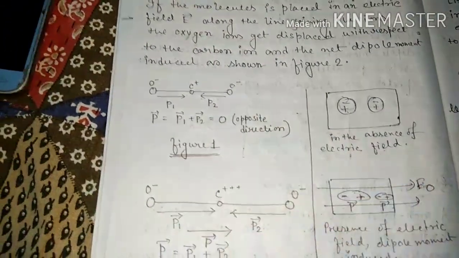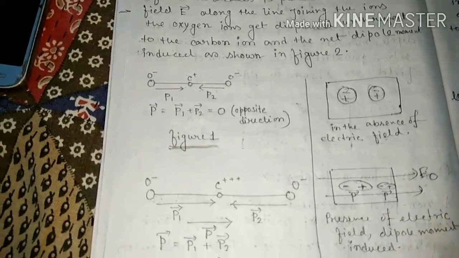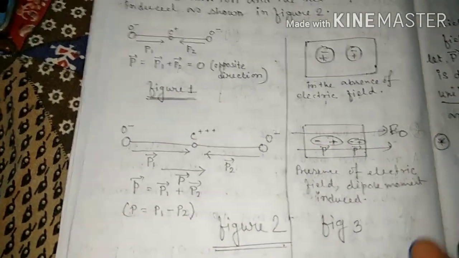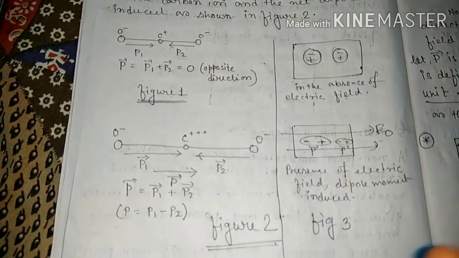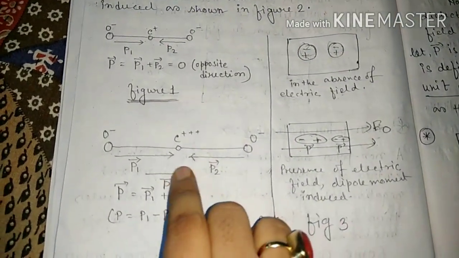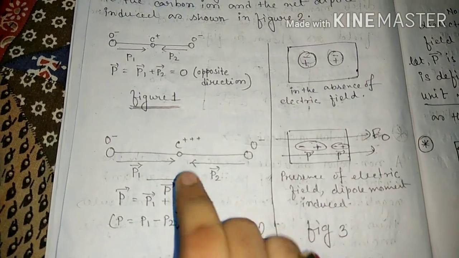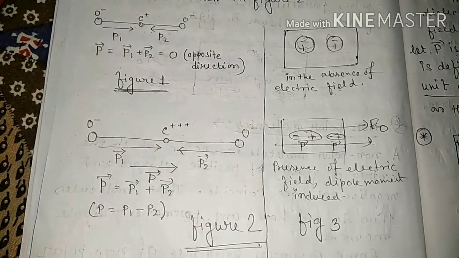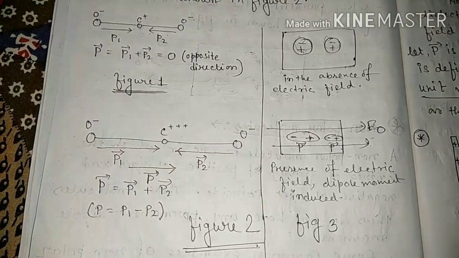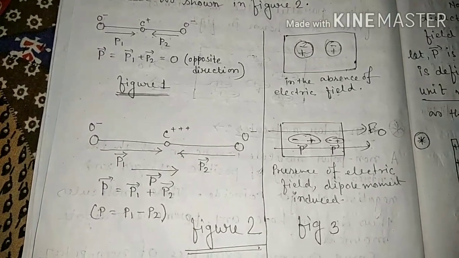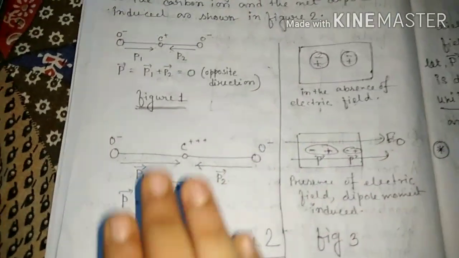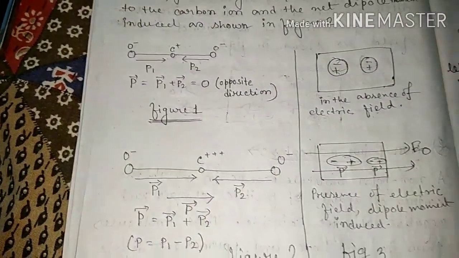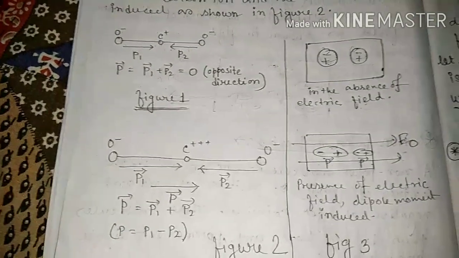We also see that in the case of CO2, in the absence of an electric field there is no electric dipole, so the dipole moment is 0. When placed in an external electric field, the charges separate and form an electric dipole, so an electric dipole moment also appears. The net electric dipole moment is P, and its direction is always from negative to positive. You will understand this when we discuss the behavior of a dielectric slab inside an electric field.